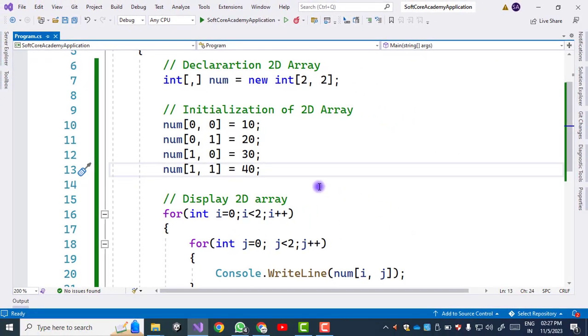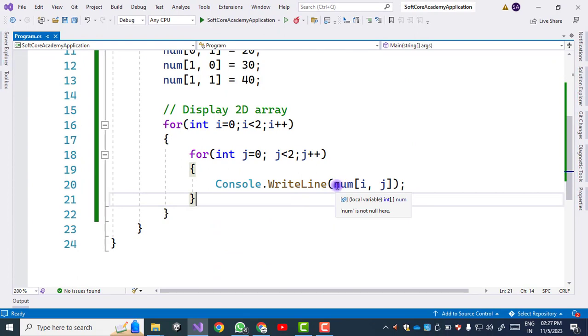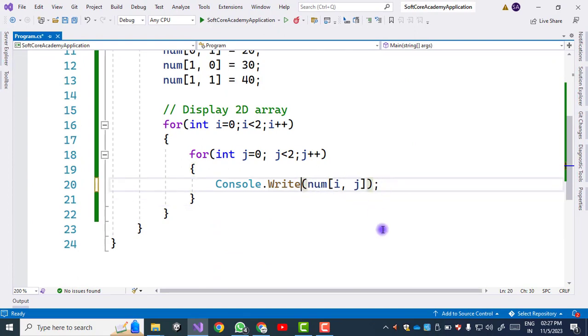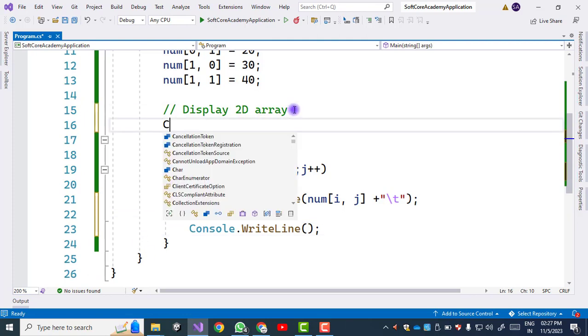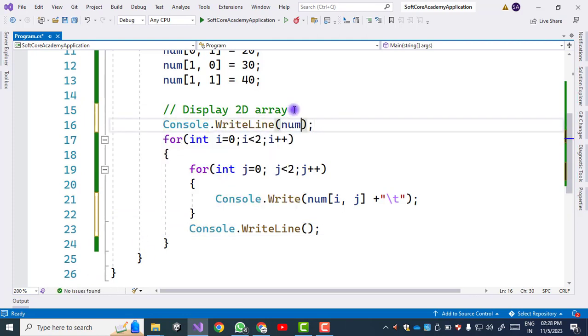So now we can print this output in a matrix form. For that we have to write Console.Write. हम लोग को Console.Write लिखना है and then we just put a backslash t so that each element in the two-dimensional array has a tab space, and after the for loop we write Console.WriteLine for the next line, and at the top we also print Console.WriteLine 2 cross 2 matrix